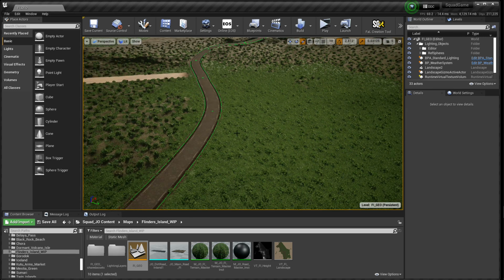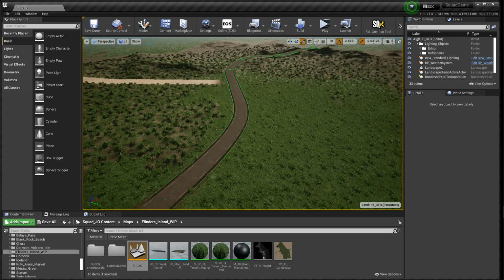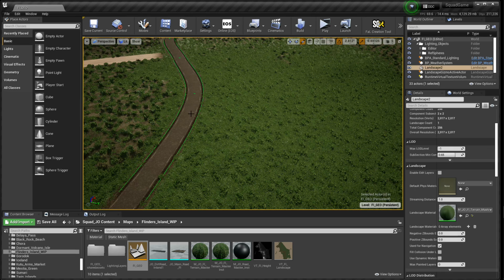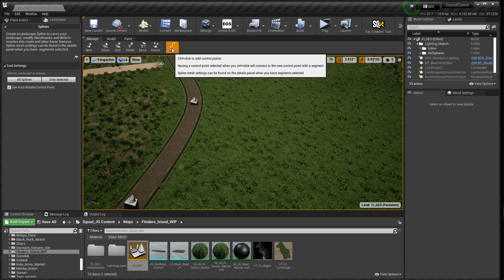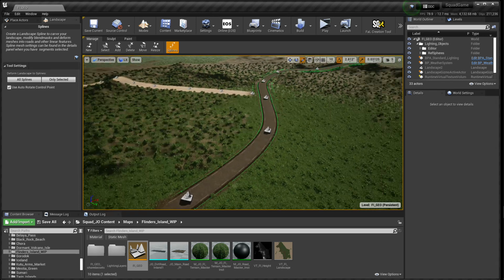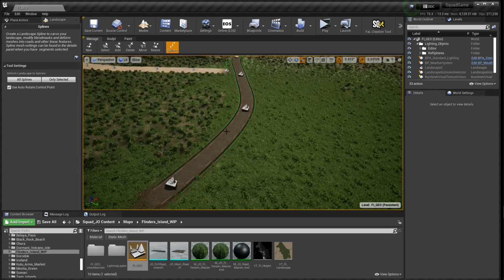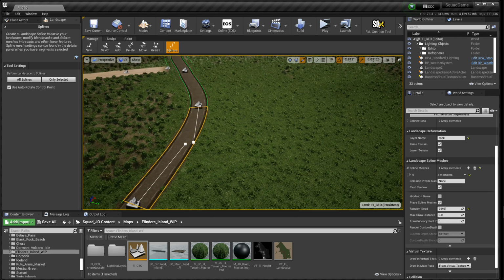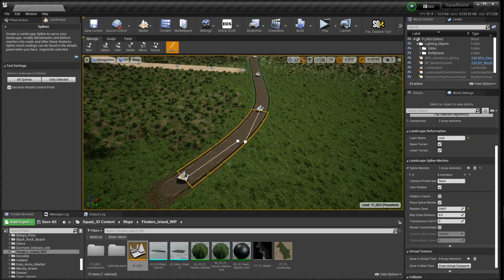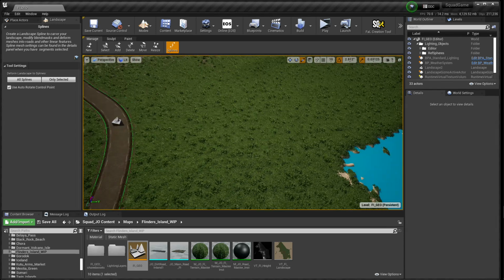Okay, so I already have on this landscape a couple of different roads, but we're going to concentrate on this bitumen type road at the moment. Going to Modes, Landscape. In Manage, go to Splines, and you'll see that any splines you've got in the map will suddenly turn into splines. This road here has got a static mesh applied to it, which is the standard way of making a road